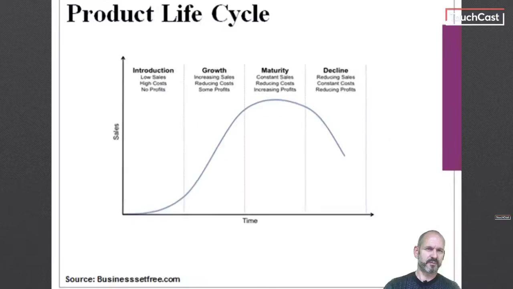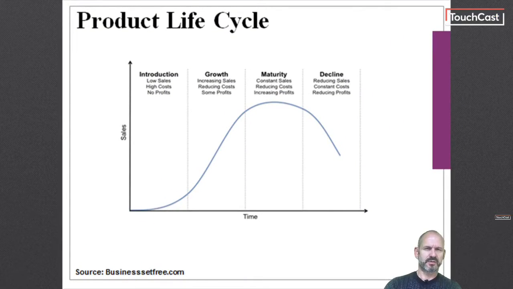A product life cycle is a time that a product is able to command a high profit margin in the market before it becomes obsolete or develops intense competition, and there are a number of stages to this. So stage 1 is introduction, and as a product is introduced, there will usually be high cost in bringing it to market, but low sales resulting in initial losses, and this is perfectly normal.